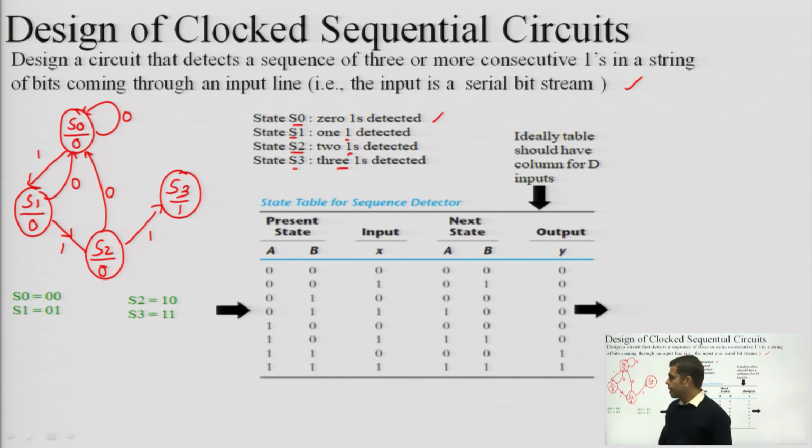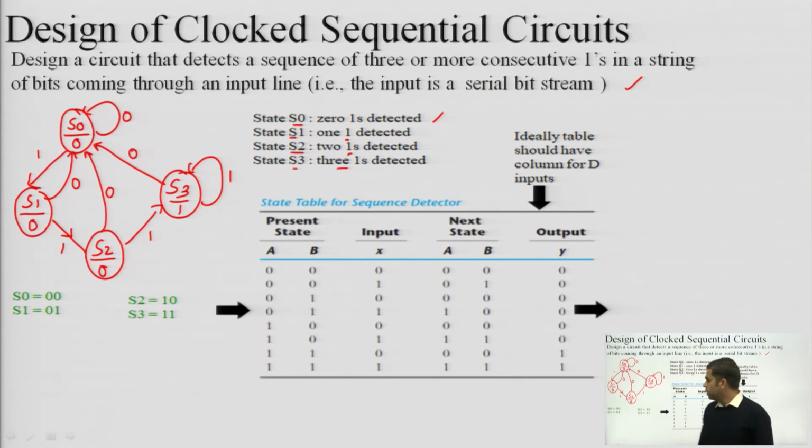Okay. And once I have reached S3, that means 3 ones are there. Now if a fourth one also comes, then output will remain 1, because in those 4 ones, the last 3 ones again are a series of 3 consecutive ones. So if there is a fourth one, fifth one, sixth one, and more ones are coming, then I will remain in this state only. Okay. But if input is 0, then I will restart with the S0 state. Okay. So this is the state diagram, and then